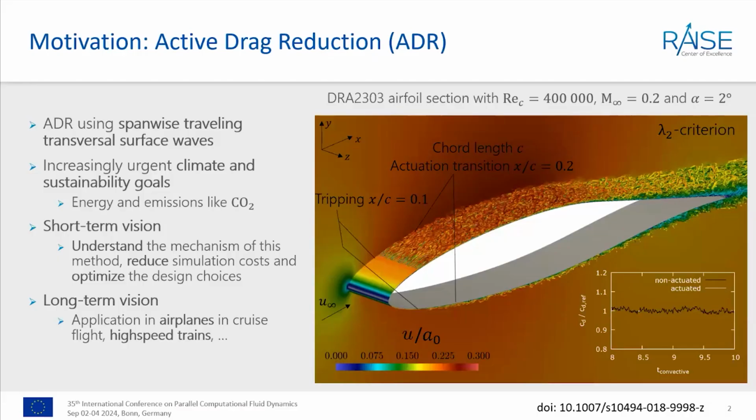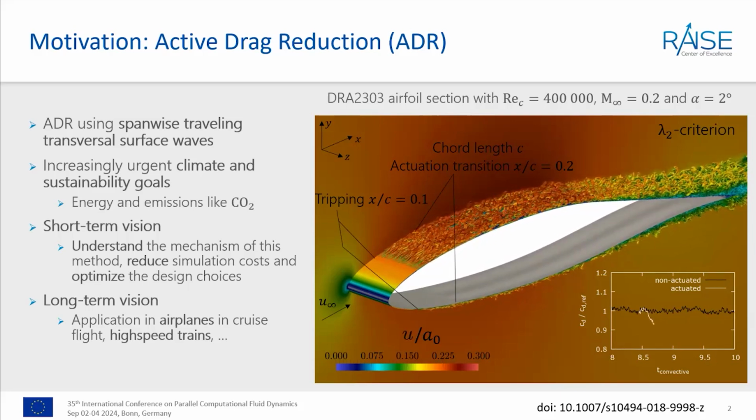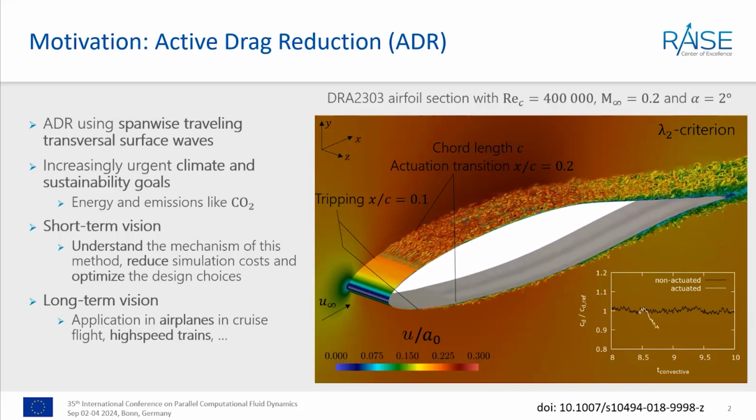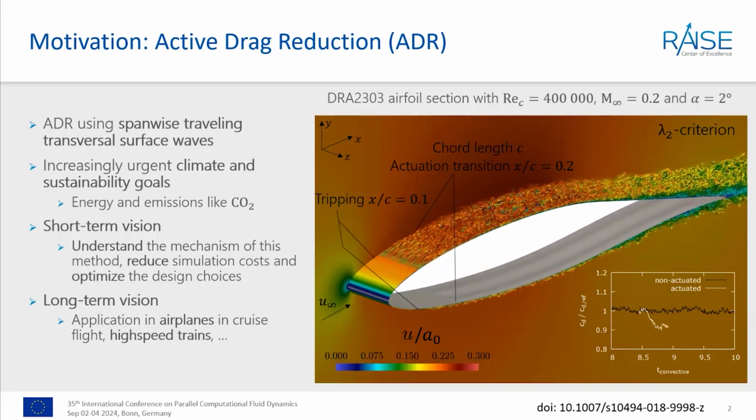To start with some motivation, what are we trying to do here? What we are investigating is an active drag reduction technique where we are, as it says, trying to reduce the drag. This is an animation of flow over a wing section. As you can see, we introduce these transversal surface waves in the spanwise direction, which results in a reduction